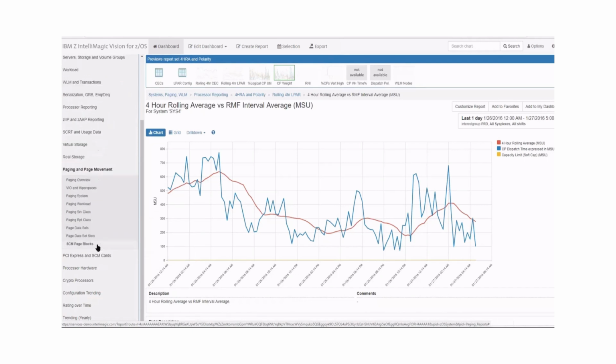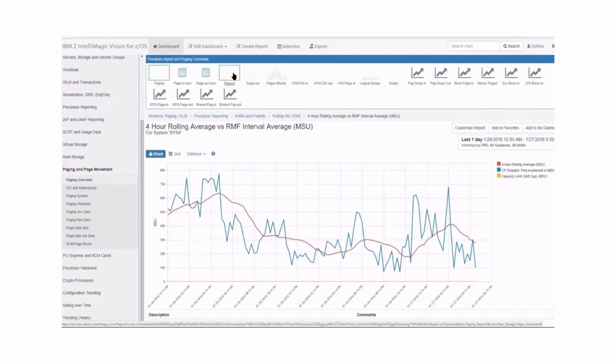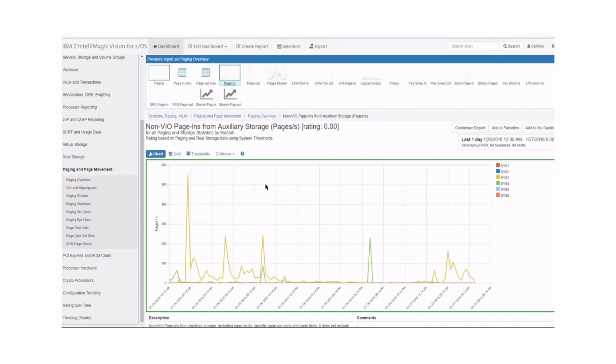Let me just click on one of the paging reports to show you how easy it is to get into that. The green on this page in the report means everything's good, even though I have one system that is going up a little bit in paging. You can set your thresholds in any way, more granular than you would think, to catch those LPARs that can accept a little bit of paging, and those LPARs that you have to be really strict on paging. So that's how you would manage the thresholds in this. But out of the box, the thresholds are set very well for